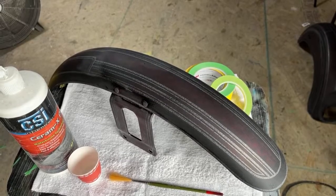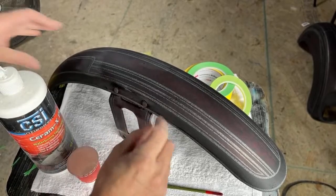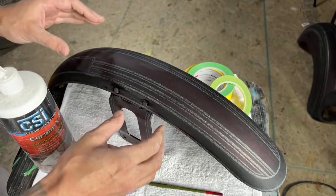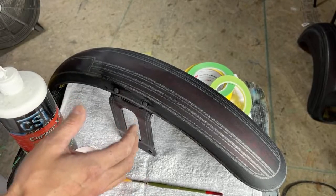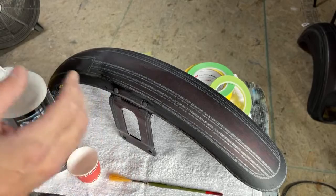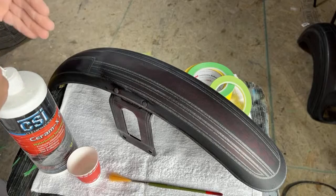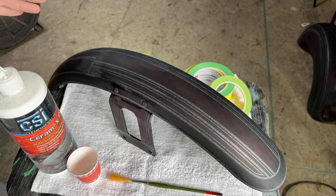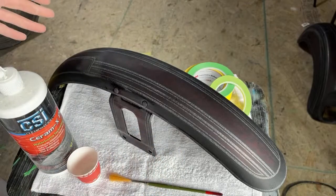So basically, what I'm going to show you is a kind of brushed grunge effect. This right here has all been clear coated. I'll tell you the paint process I have going on here. I started out priming with a 2K primer. I blocked that down, hit it with black base coat, applied the Limeline metal flake, and then cleared it. After the clear was dry, I sanded it smooth, and I laid out the tape